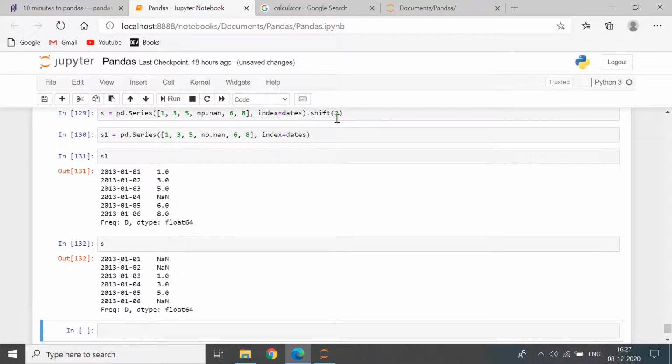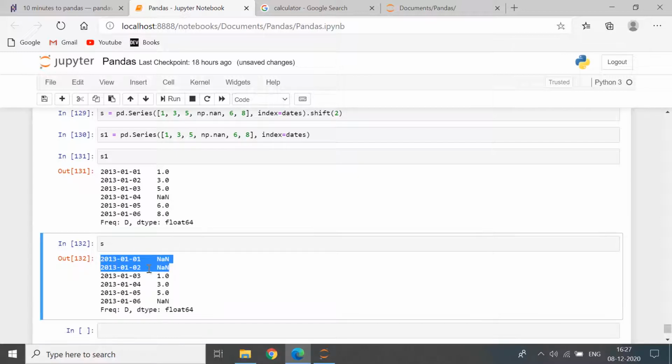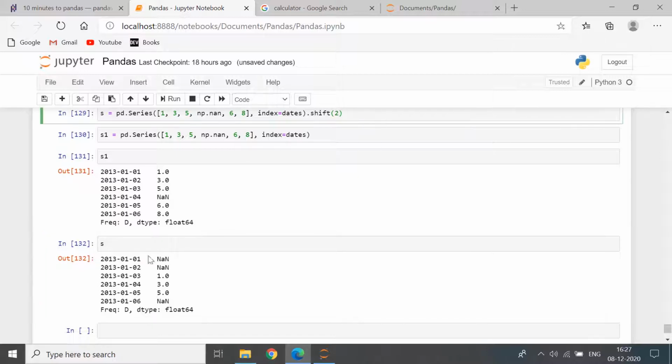So you can see shift 2 did shift 1, 3, 5 down, and nan is now 2 places down, but the new values which have come up are nan. So 6 and 8 did not go up, they have been removed, and since we did not give anything to fill in the places for the shifted down entries, a nan value has been put there. We can try shift 5 and then do S. So yeah,